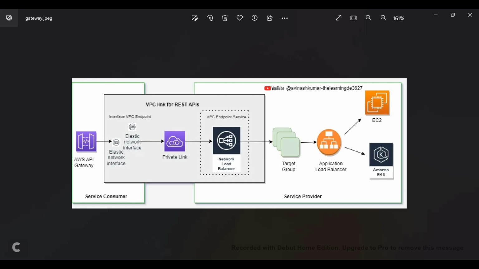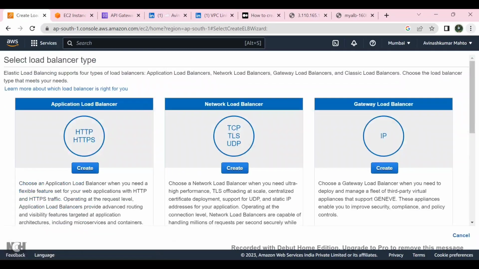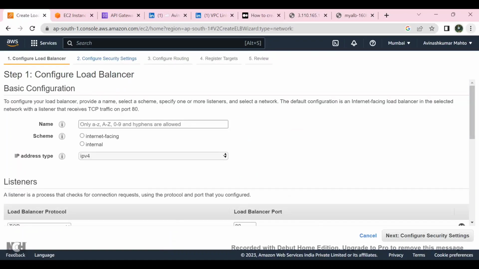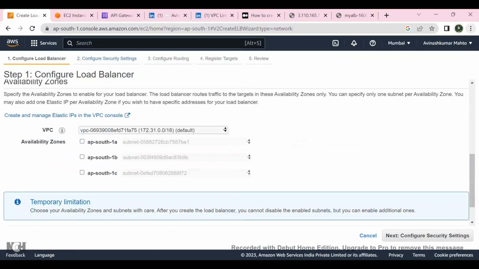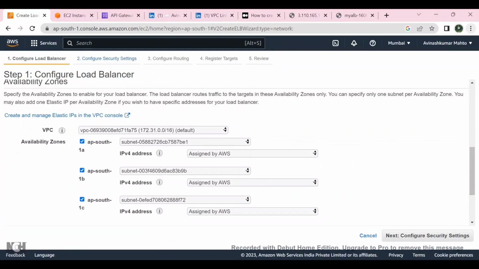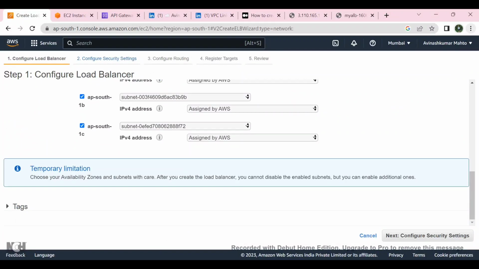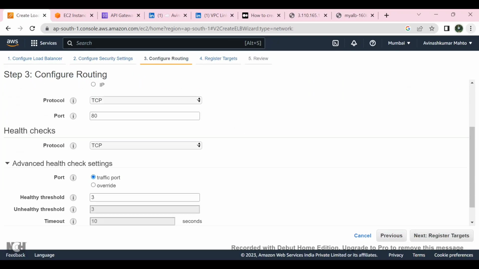Okay, so this configuration is okay up to here, and now I am going to configure the network load balancer. For that I say create network load balancer, I say create, I give it the name my NLB, and I say port 80 is okay, VPC same, and I am going to select all the subnets, it should be more than one. Next, configure, and I am going to select